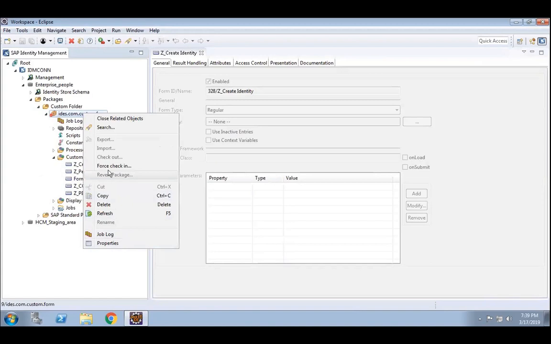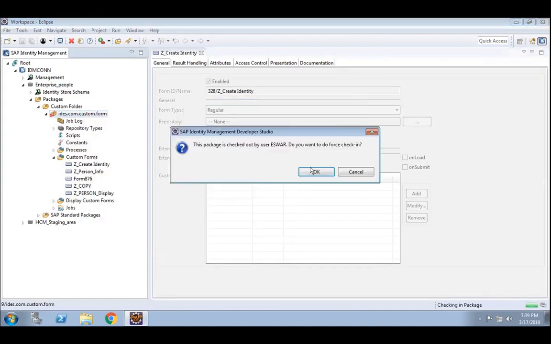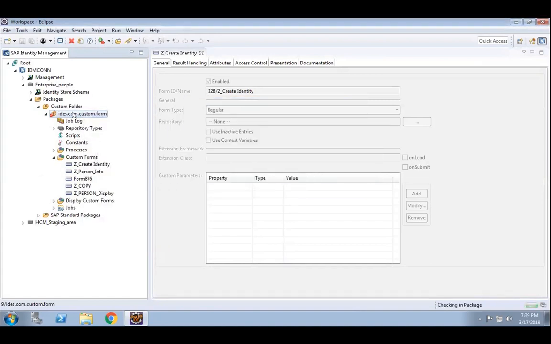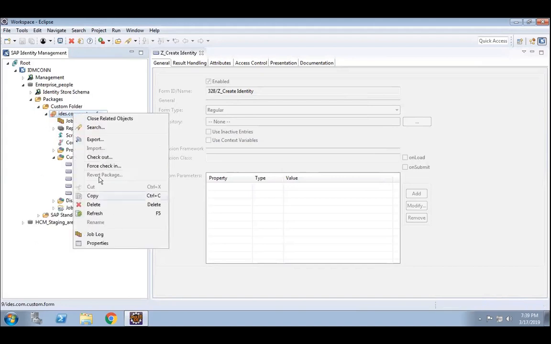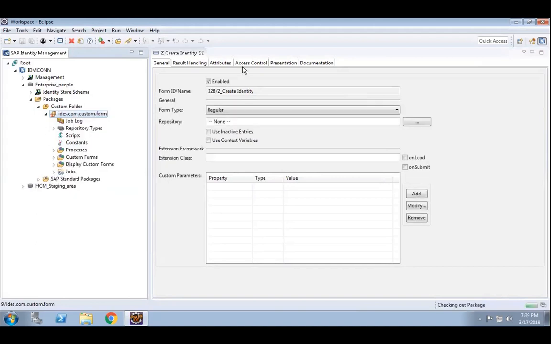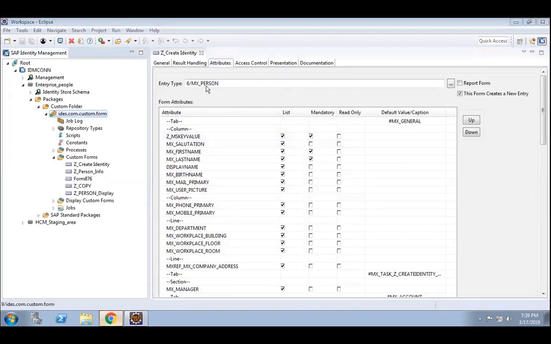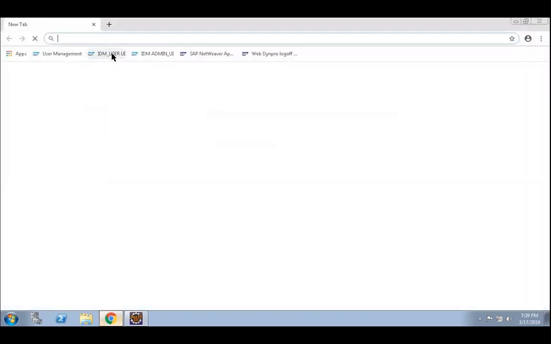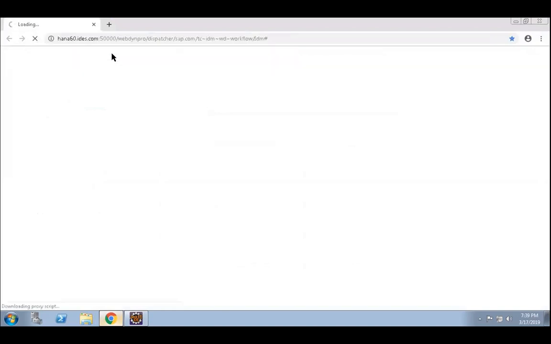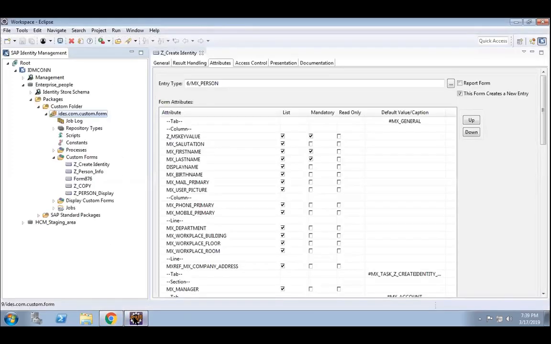Custom attribute, the Z key. So we have done some customization. There is the MS key value, set MS key value, which we have restricted to 12 characters, so that if more than 12 characters users are getting created, the system will stop it. Correct. Now, what we have to do next?